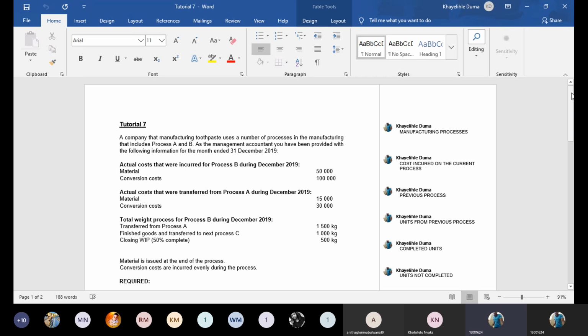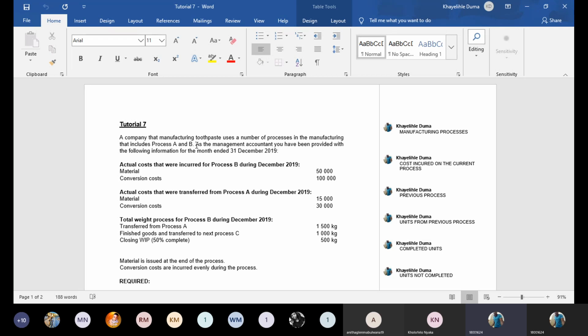There we are. Oh, something that I forgot to say, guys. If you are doing process costing, you'll have the process account. It's there in your textbook, on the slides. What you must understand about the process account is that you regard it as the work in progress account. So a process account increases on the debit side and decreases on the credit side, just like how we do an asset account.